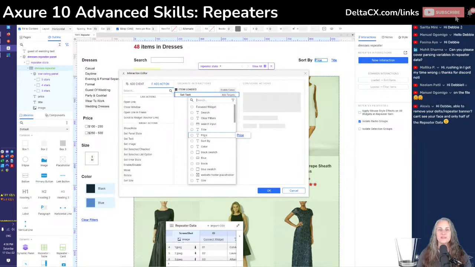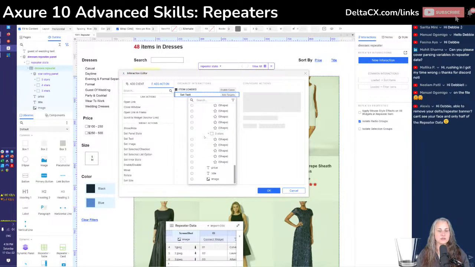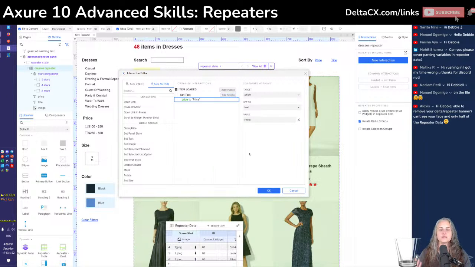You could also name these something different so that it's clearer to you. You could name one price sort and name the other one repeater price. So again, a little naming always helps save your butt later. So we'll say price. What text do we want here? Okay, so